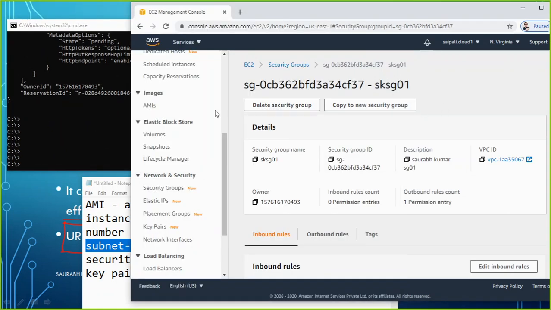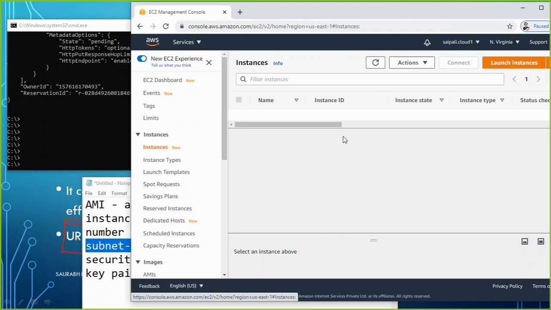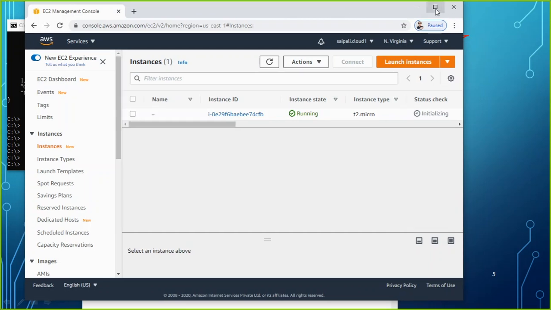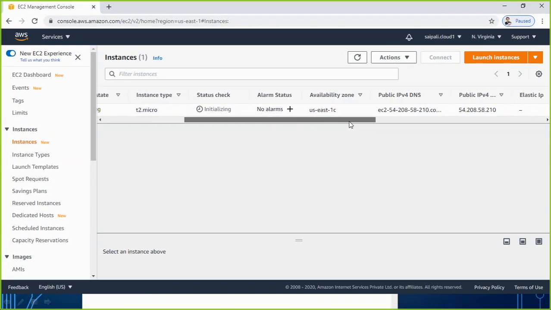Let's just wait for a moment and we will verify from this instances list here. We will see whether it can create the instance or not. So let's just try to refresh, and you can see yes, it has created an instance, and that instance type is t2.micro. If I make it full screen, status still it is initializing.